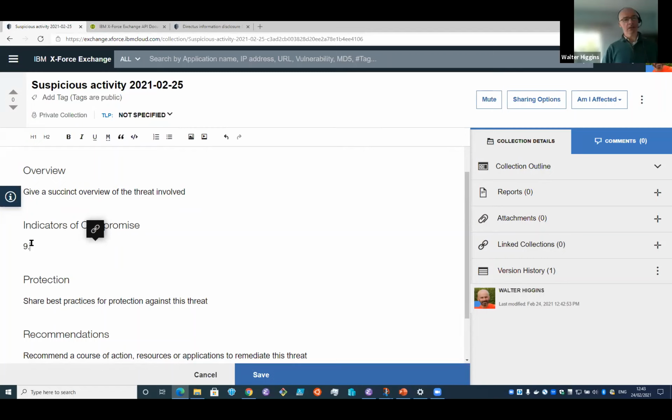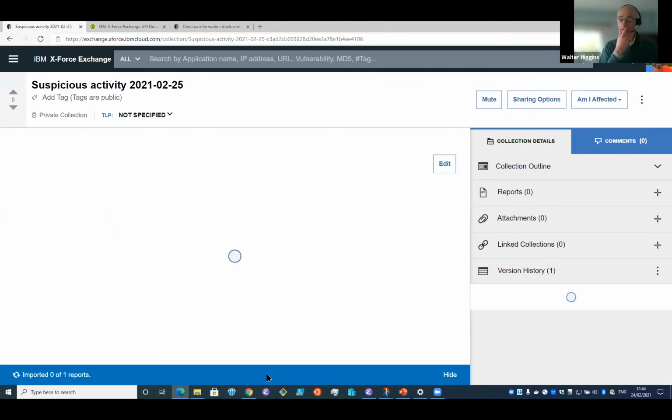an indicator of compromise. So this is an IP address, which there's been some suspicious traffic. You can see as I type that IP address, it becomes highlighted because the system recognizes this as an IP address and a potential indicator of compromise. So I can click on the IP address and it adds it as an IOC, an indicator of compromise. I save this,